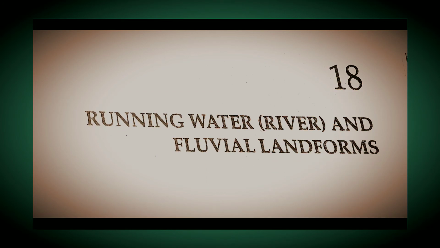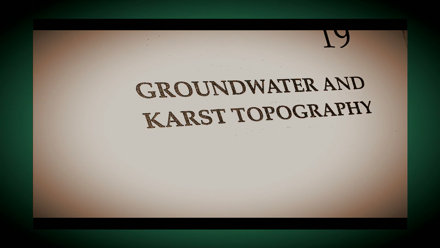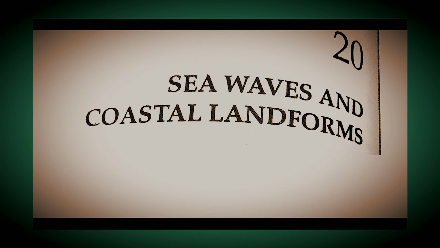The 17th chapter and the 18th chapter are both associated with rivers, meaning the drainage system. You have to cover both chapters because they are very important. It is associated with one of the geomorphic agents, the river. You have to study the landforms formed by rivers, the stages of rivers, and types of rivers. There are different concepts, so study both chapters in detail. Next is also a geomorphic agent, groundwater, which is found in karst regions. You have to study how many types of structures are found in karst regions. Sea waves are also important.